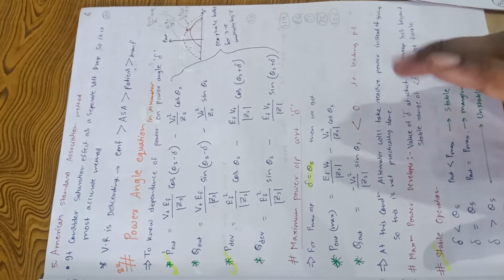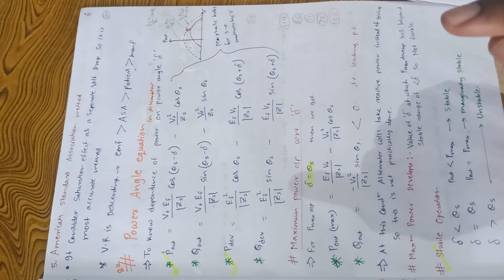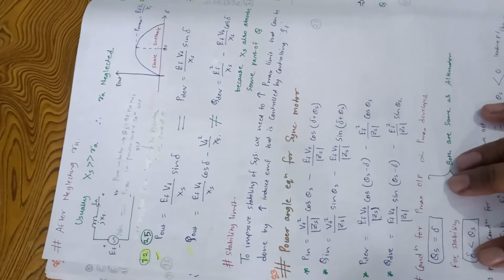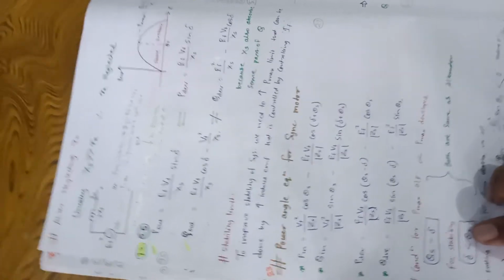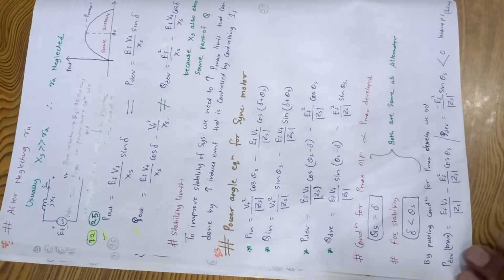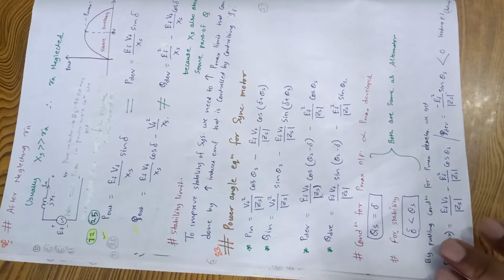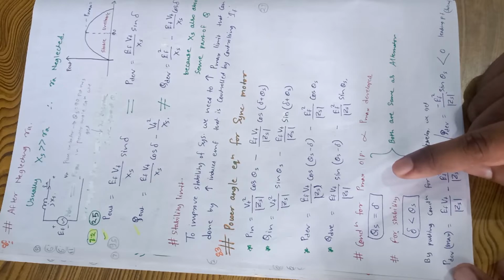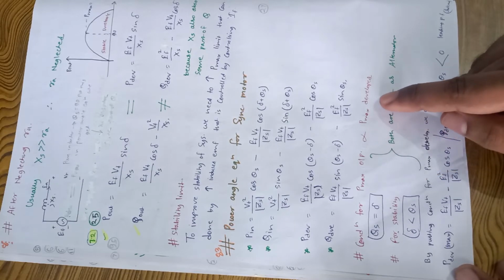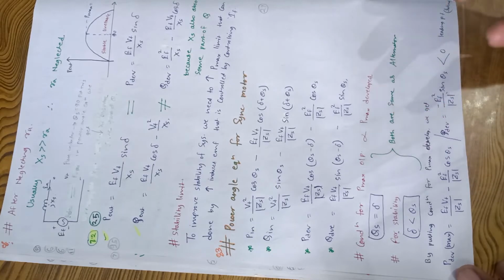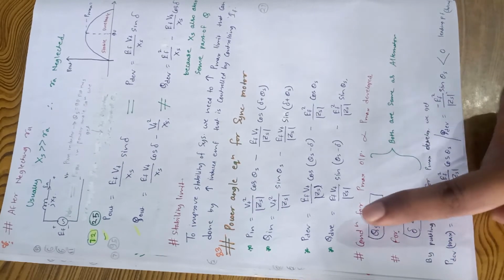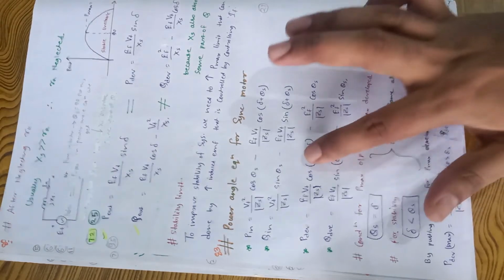And next we will study the maximum output power with respect to delta for the motor. See, here also the same thing: the impedance angle theta will equal the power angle. Okay, so here also we have the same thing. And we know that power output is directly proportional to the power developed. In case of a motor, whatever power is developed, that only will come out. So power output means power developed. Just put this condition out here, you can easily get